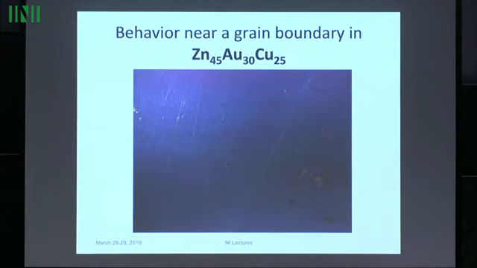This is a grain boundary right there. So of course it's very interesting what happens at a grain boundary. This is one crystal of the material, and this is a differently oriented crystal of the material. In ordinary martensitic materials, we would see a band of martensite come against a grain boundary, and then another band go off at another angle. That would be a very typical thing to see. In this material, you see